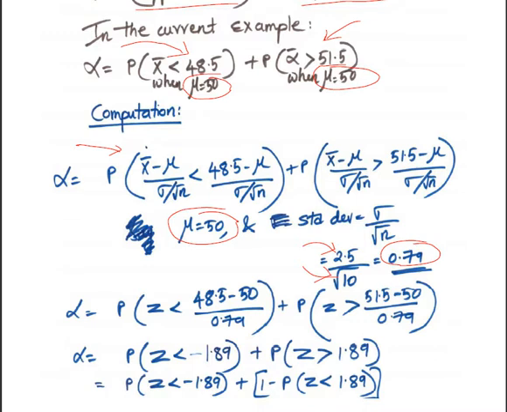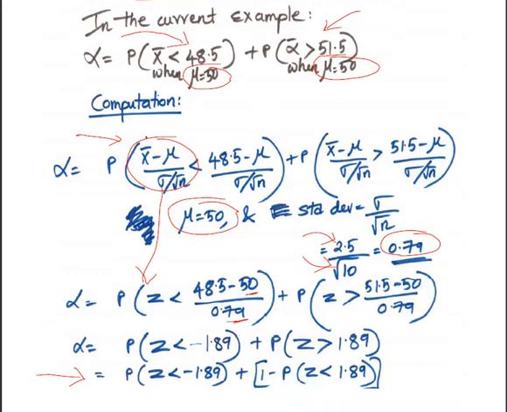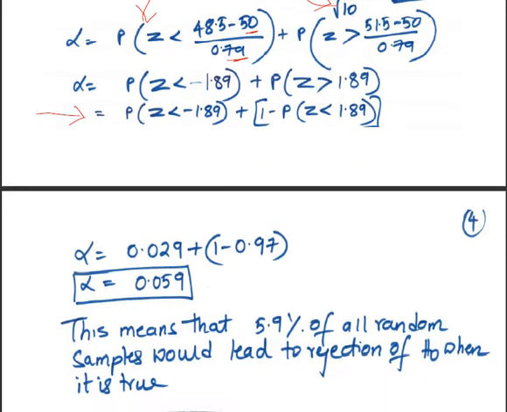So the way we compute this is alpha is the probability, so this is nothing but z, so that's why I can replace that by z. Probability that z is less than (48.5 minus 50) divided by 0.79, plus probability that z is greater than (51.5 minus 50, where mu is 50) divided by 0.79. So when you simplify this, it turns out to be this z being less than negative 1.89 and 1 minus the probability that z is less than positive 1.89,